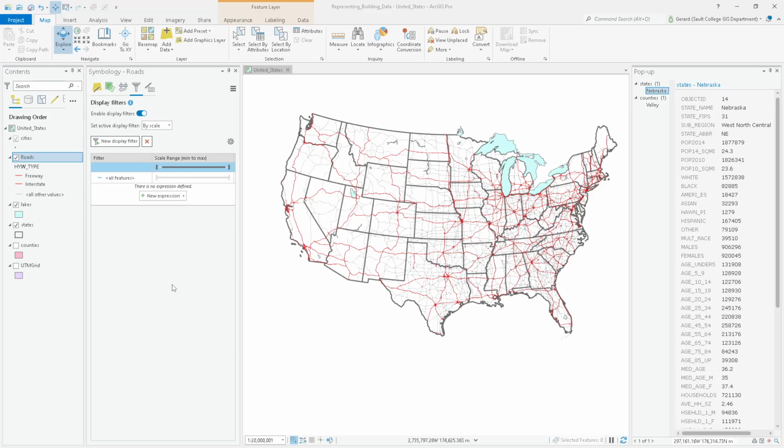If I set up a display filter, what if I wanted to show just the interstates when I'm zoomed way out? Right now I'm at a scale of about 1 to 20 million, and it doesn't look too bad, but it is a little bit busy, right? What if I wanted to set up a display filter so that when you zoom out beyond 1 to 20 million, you don't want the entire layer to disappear, you just want some of the features to disappear from the